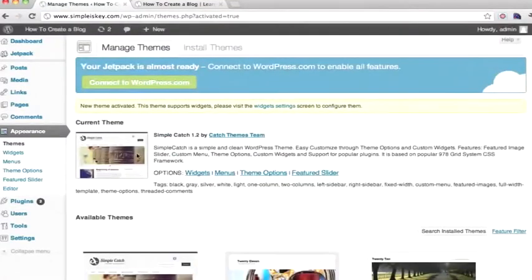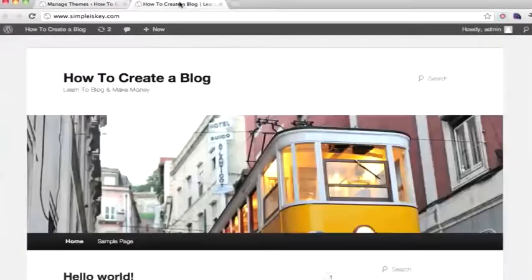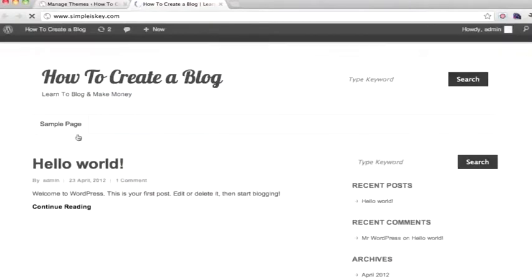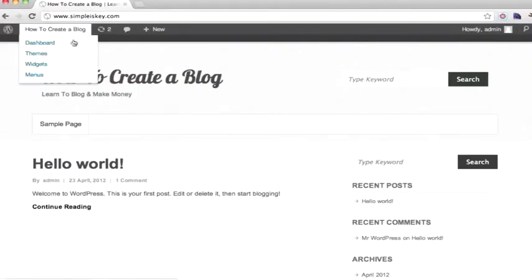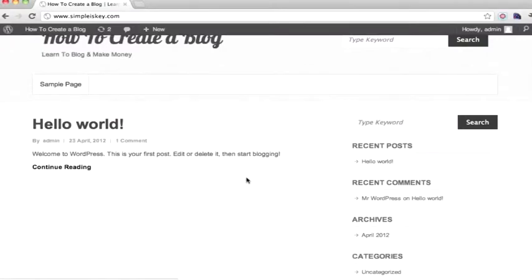Once we do that, we're going to have our theme activated, and we're going to go back to our website and we're going to press refresh. And we're going to see that the content's the same, but the theme is different. But there's something missing here. It just doesn't have, what is it? Content. So let's learn how to put some content. Let's learn how to put a blog post or two in here, and let's get rid of this hello world